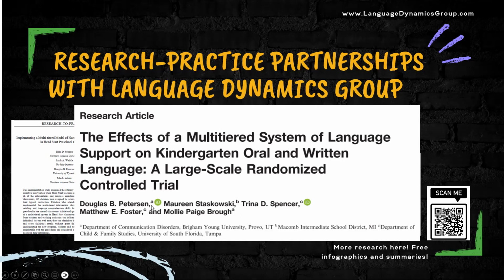Usually, sometimes they do it alphabetically. Now they'll have a little letter, sometimes a number, about where this person is located at the time of print or the time of the study. And so Doug was at BYU. You're going to see Maureen here, Maureen Stokowski. So Maureen, and you look at the B. There we go, Macomb Intermediate School District in Michigan.